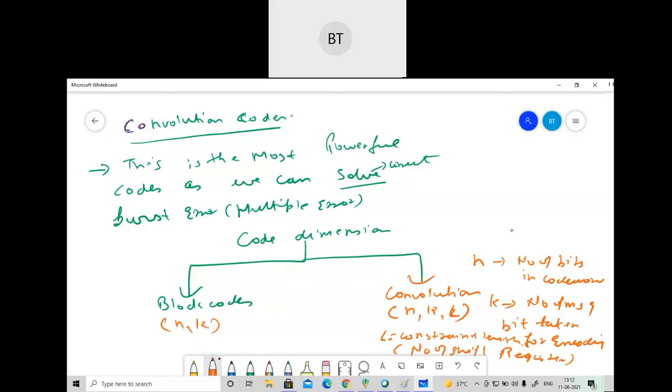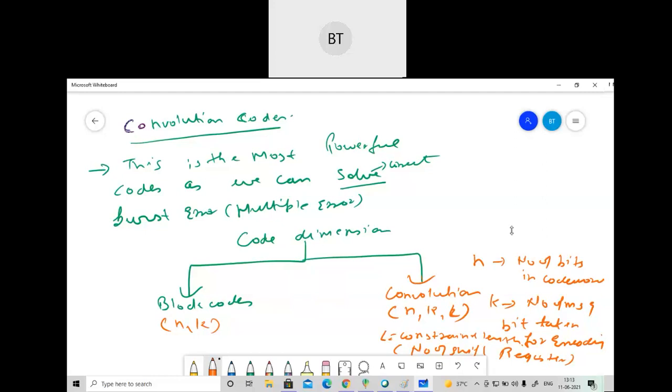First of all, if somebody asks you why there is a need for convolution code, you will tell them that in block codes we can only solve a single error, or you can say a random error. But in the convolution code we can easily solve burst errors or multiple types of error. The message bit sent for the encoding here, the value of k, should always be 1, and here we also use the shifting property, so the constraint length is equal to the number of shift registers used. If we have done shifting 3 times, we can say L equals 3. If we have done shifting 2 times or 1, we will see based on how the problem is given. So this is all about the theoretical part of convolution code.